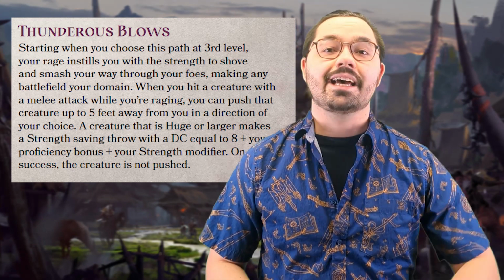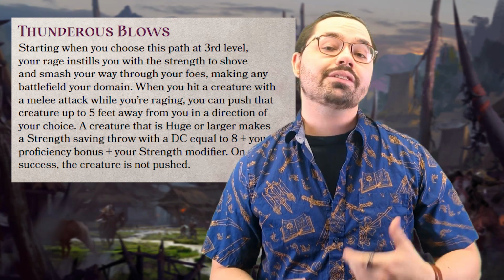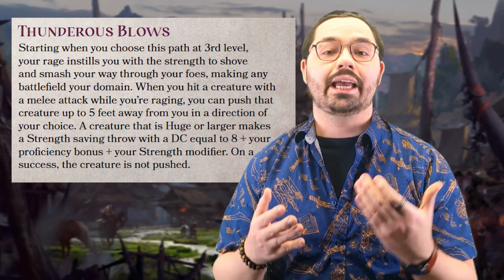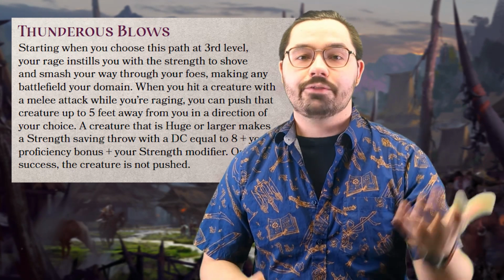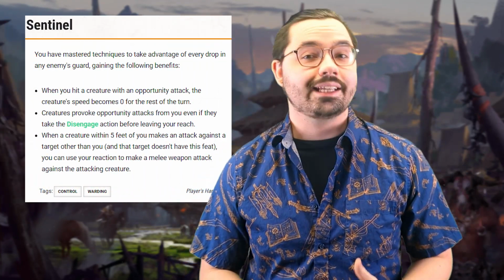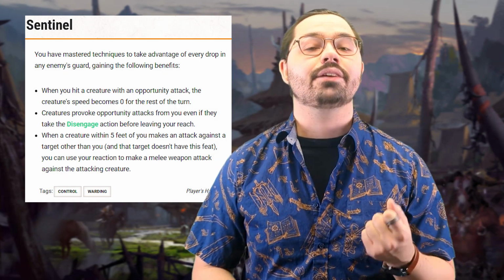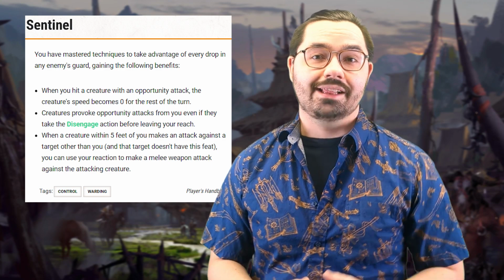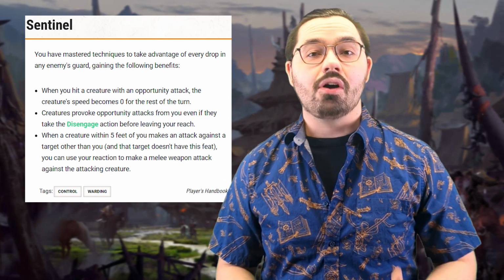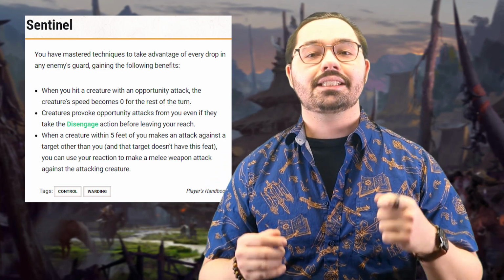Something also to note is that even though this force movement doesn't cause opportunity attacks, you can still benefit from using Thunderous Blows on opportunity attacks that you gain normally. For example, if you have the Sentinel feat, and a creature with multi-attack attempts to strike an ally near you, you can make an opportunity attack that has been granted by your Sentinel feat. When you hit the creature with a melee attack, you can use your Thunderous Blows to push them back. Since Sentinel also reduces their movement speed to 0, they cannot move closer to you and continue to attack you